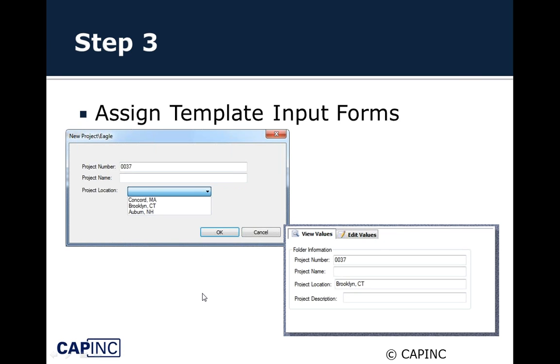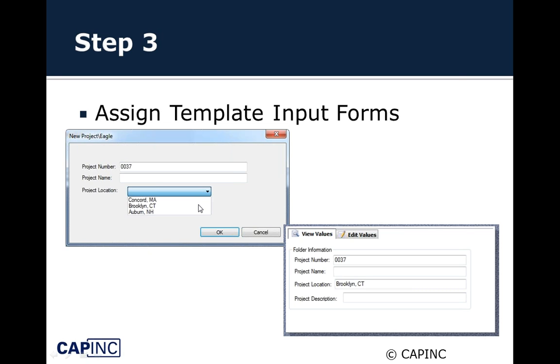Step 3. This is where we assign the template input forms. So you saw that when we created the project, the Eagle project, using the right-click menu, it popped up this little window. It's just a regular Windows window. And it requested the project number. Actually, it didn't even request it. It already had it in there. It requested us to type in a project name, and then gave us a pull-down menu for us to select the